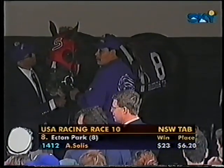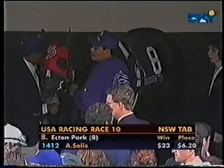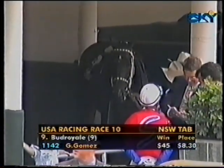Long shot number 9, Budroyale, coming off a pair of wins. This might be the greatest story of all. This is another former claiming horse, claimed by trainer Ted West, owned by Jeff Sengara. The horse has won $2 million since they claimed him, and there was no way to imagine. This is now a 6-year-old who just got finished beating General Challenge in the Goodwood in one of the great